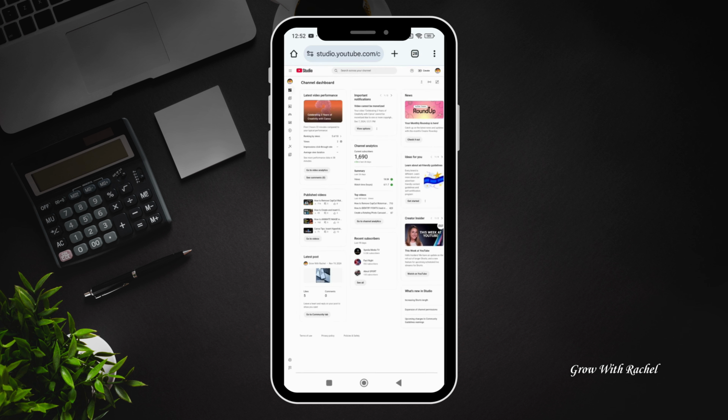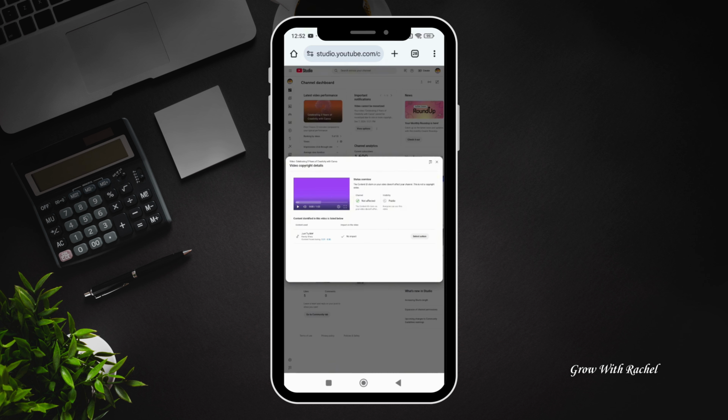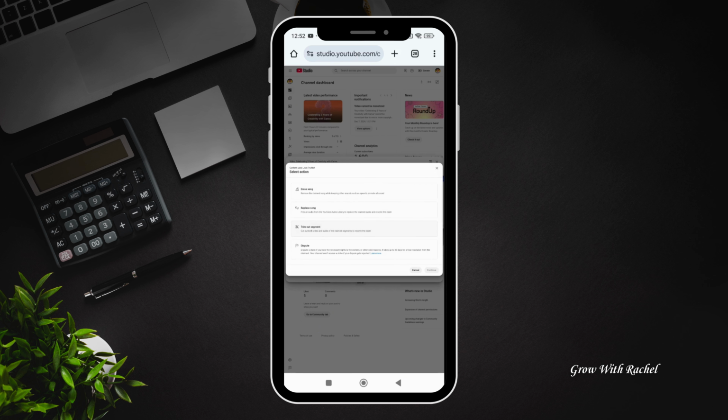You see important notification. You click on View Options. Now you have the options to remove this audio. You can see who owns the rights you're using. You select options. You have the options to do 3 things, but I'll be going for the one of replace